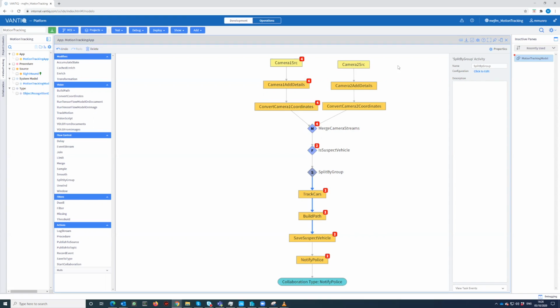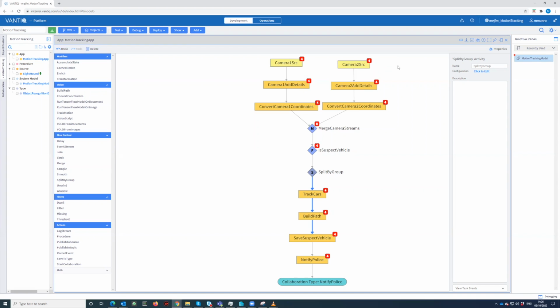In a few seconds, the suspicious vehicle will be picked up by a second camera. Here we go. And now the vehicle is being tracked still. The collaboration is open, and that vehicle in question is now being tracked and has been sent to